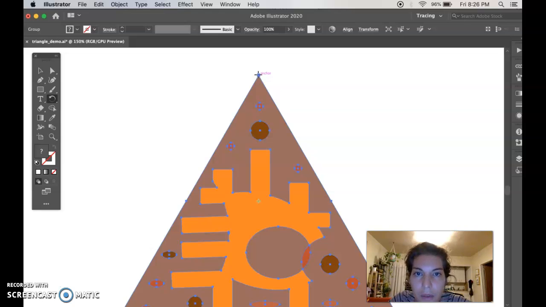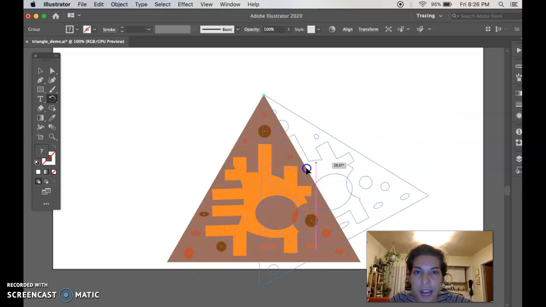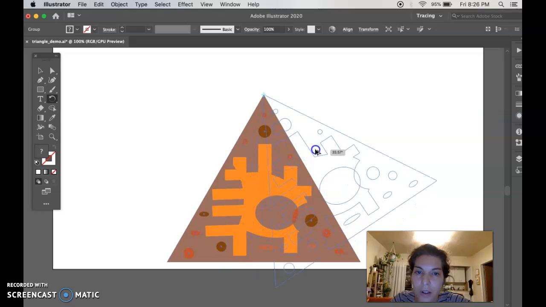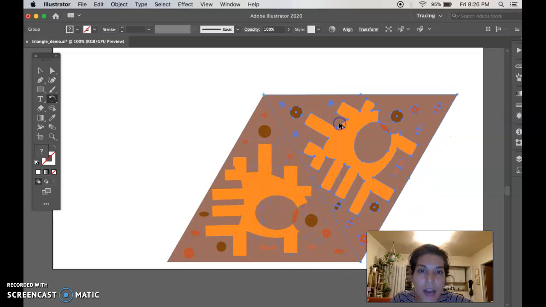So click on, make sure it says anchor, click there. If I just click and drag, I'm just rotating. So what I want to do is press Option or Alt on a PC, and now I'm not just rotating, but I'm also copying